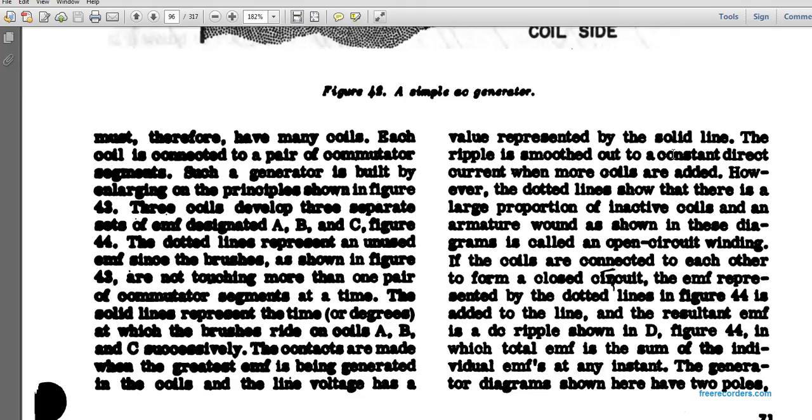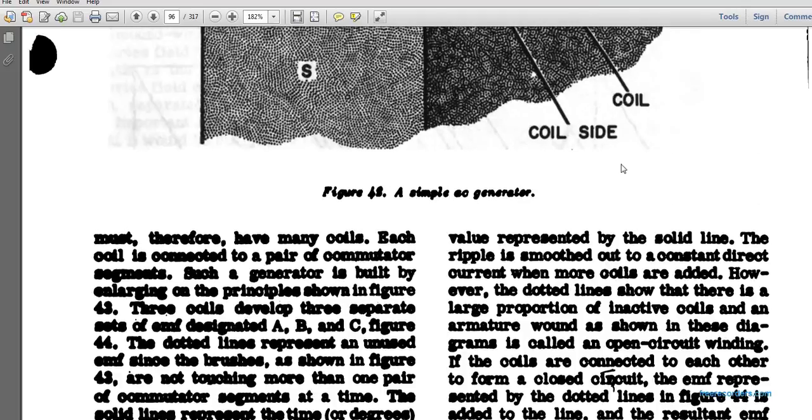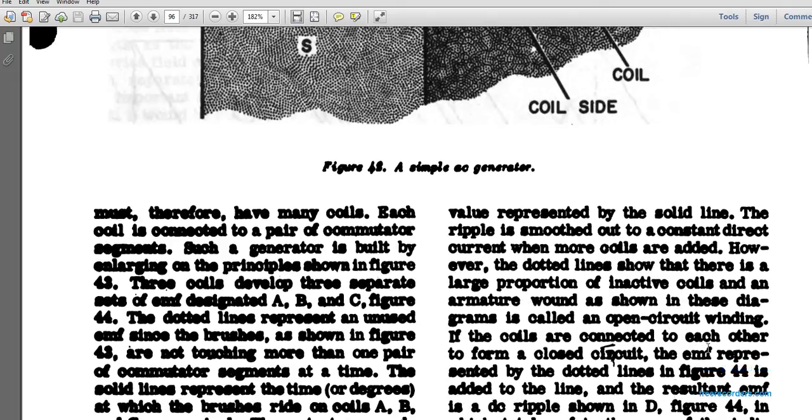The ripple smoothed out into a constant direction current as more coils are added. However, the dotted lines show that there is a large portion of inactive coils in an armature, which is why this diagram is called an open circuit winding. If the coils are connected to each other to form a closed circuit, the EMF represents a dotted line